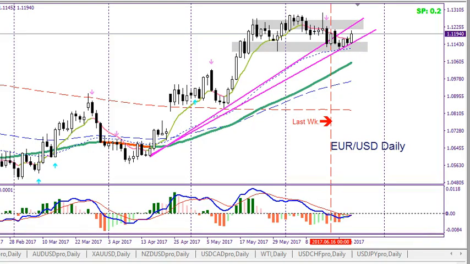We're going to start looking at the Euro USD daily. This is the daily chart, so each candle that you see here is a daily price action movement. This red line here indicates the close of the previous Friday. With this first black candle, you can see the trading on this platform. That black candle is the Sunday and Monday combined trading. Next candle, Tuesday, Wednesday, Thursday, and Friday. I'm providing you this information for those people that do not know how to actually read the charts and know what they're looking at.